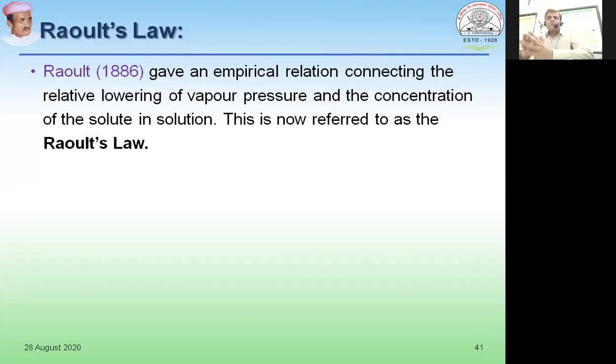What he wanted to explain is that when any solute is added into the pure solvent to get a solution, there will be a decrease or lowering of the vapor pressure of that pure solvent when it is converted into a solution. This empirical relationship, of how much lowering of vapor pressure takes place on addition of a non-volatile solute into the given solvent, was given by Raoult in 1886, and is known as Raoult's law.